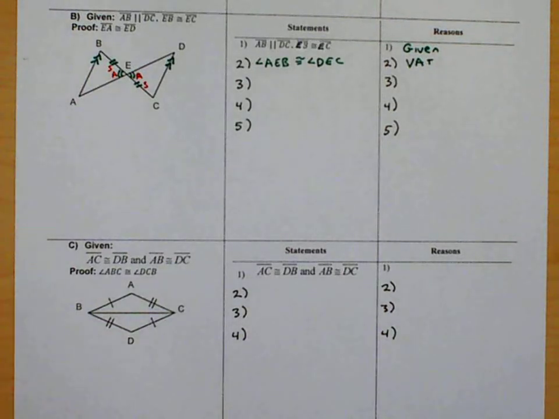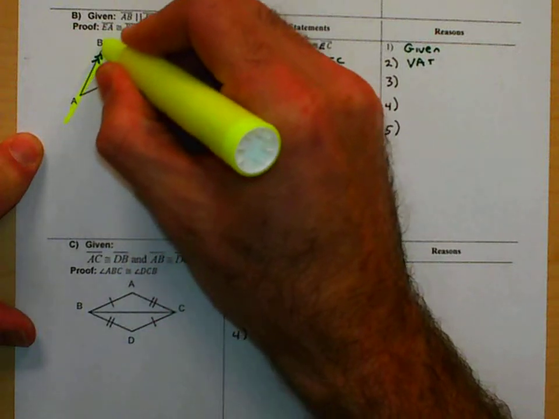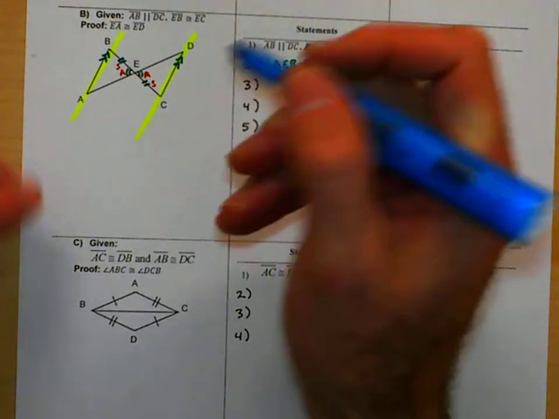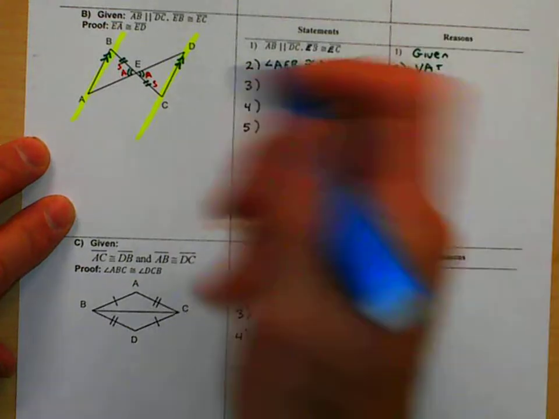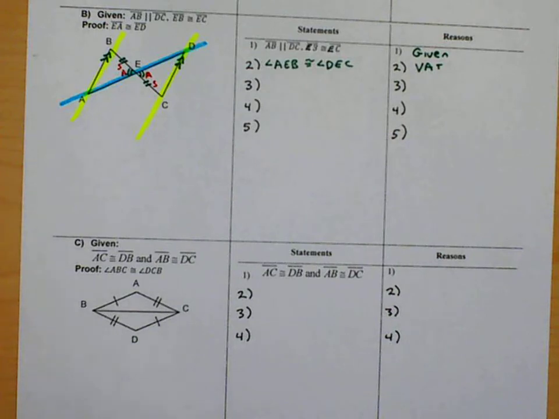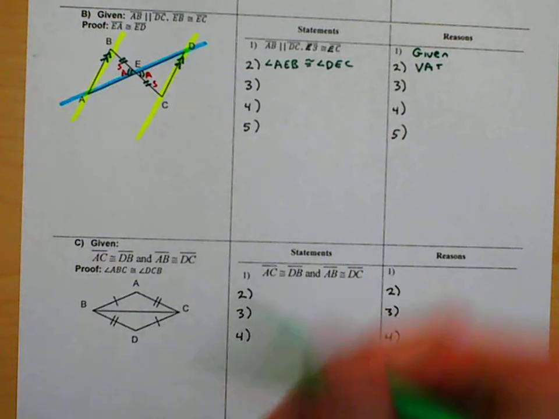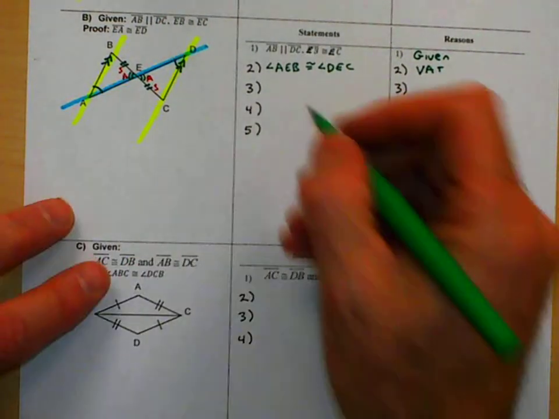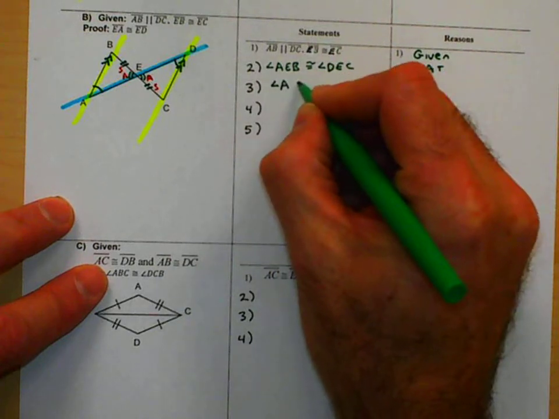real obvious there. From there, I'm going to go ahead and again consider my parallel lines. And I need a transversal. And that transversal could be either of two. It could be BC or AD. And which one I pick will determine which proof or what way to prove the triangle is congruent. I'm going to go ahead and do AD. If AD is the transversal, that allows me to say that this angle is congruent to this angle. Angle A is congruent to angle D,